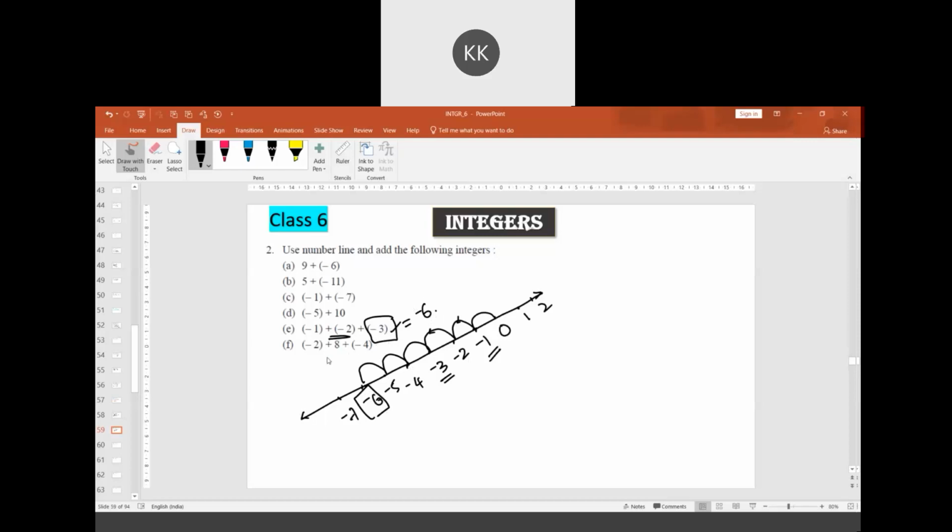In some cases where there is a combination, something like question F, first we have to look at -8, then we have to move right side, not the left side, move right side 8 steps, you will get the number as 6. From there, you have to move towards the left 4 steps. We are going to get the answer as 2. You can try it out. So the remaining questions also, I hope you will try.